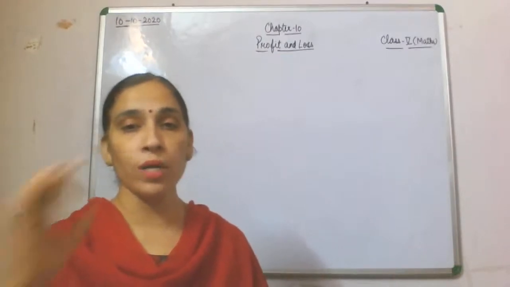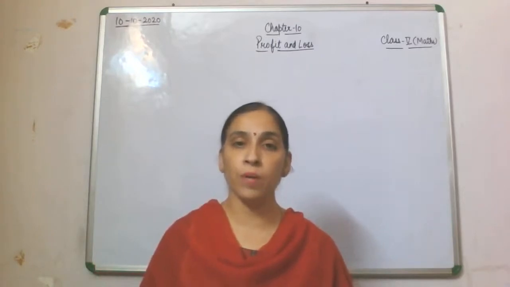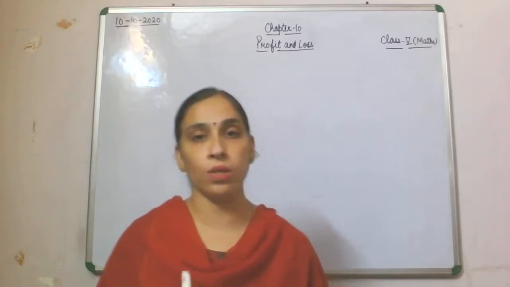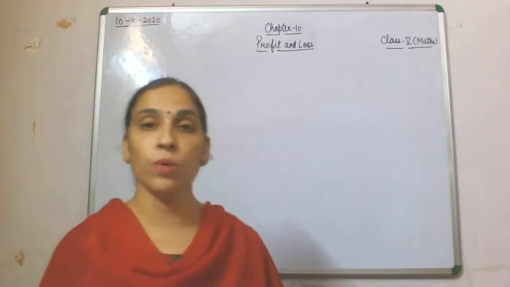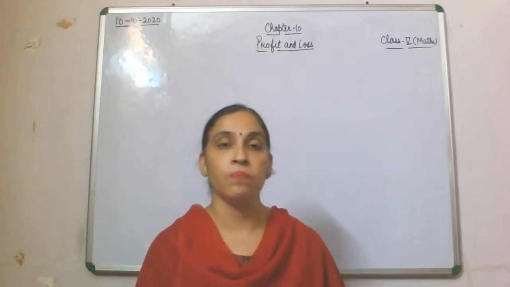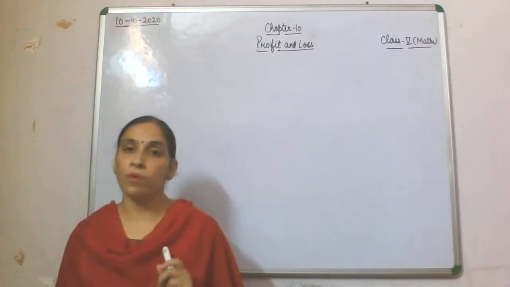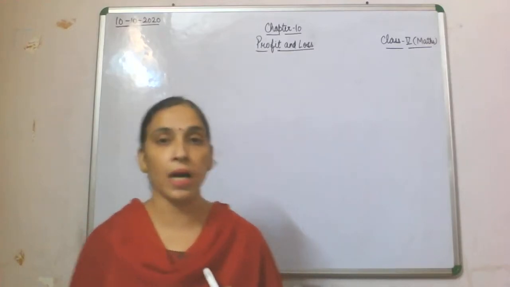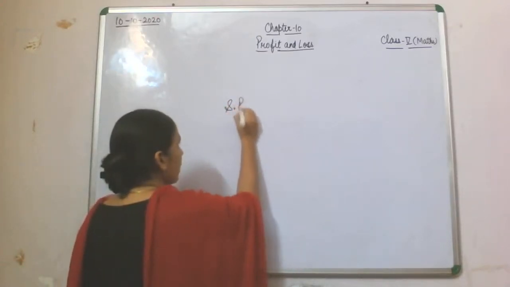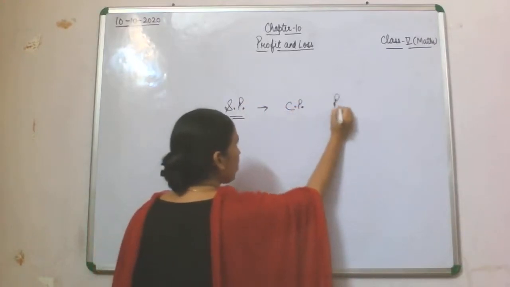Now if you are supposed to find the selling price and you have been given the cost price with profit, and in the second case the cost price with loss, which operation are you going to use with profit and which with loss? First of all, children, say you have to calculate the selling price and you have been given the cost price and profit.